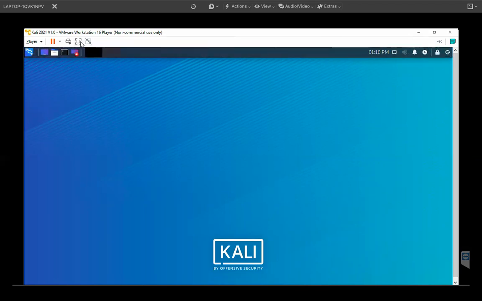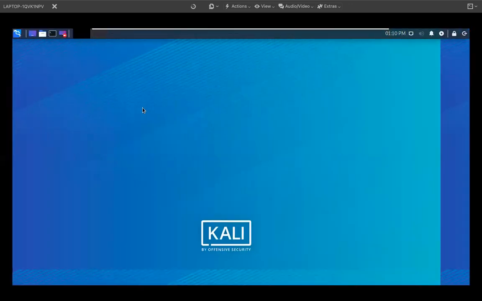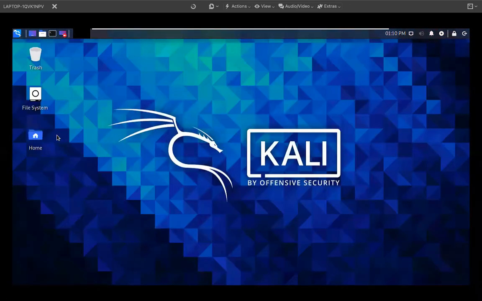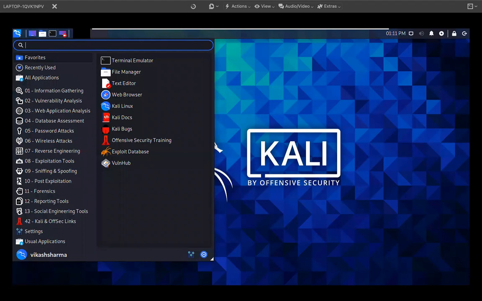Our Kali Linux is totally installed. Everything is set up, everything is completed. Let the desktop icons load. Here we are. Now everything is done. Your Kali Linux is successfully installed. Everything is working fine. Make sure your network is already configured because after selecting the NAT, you can say it